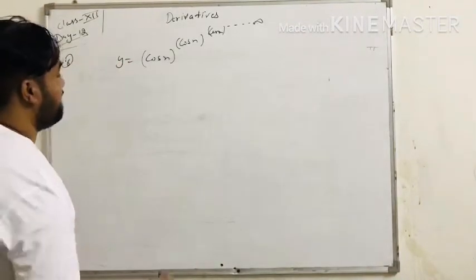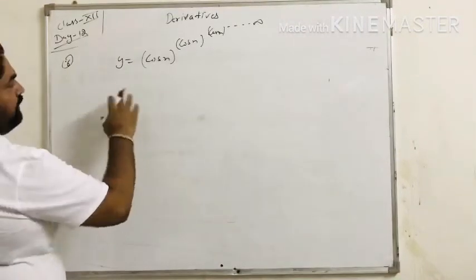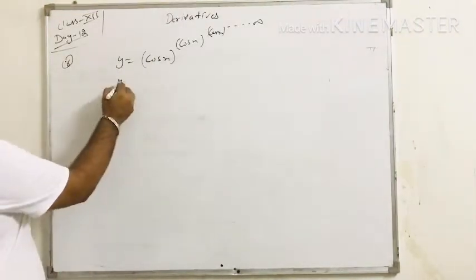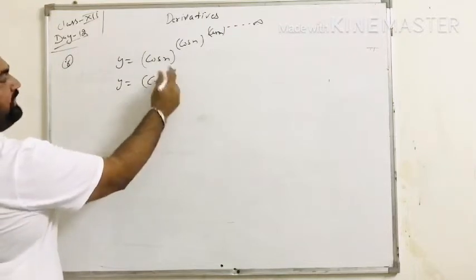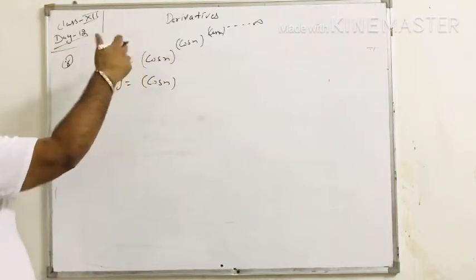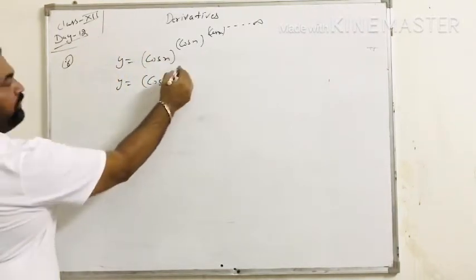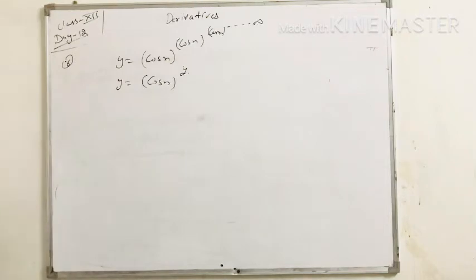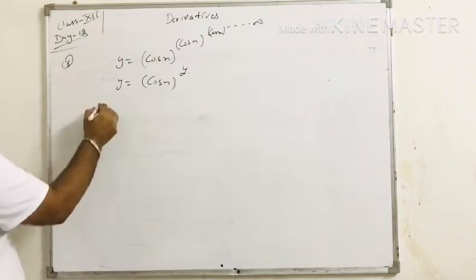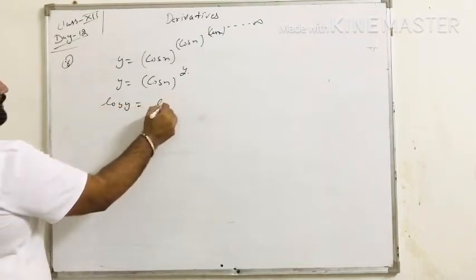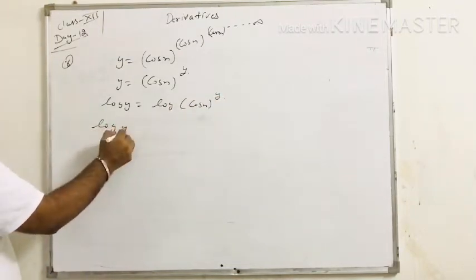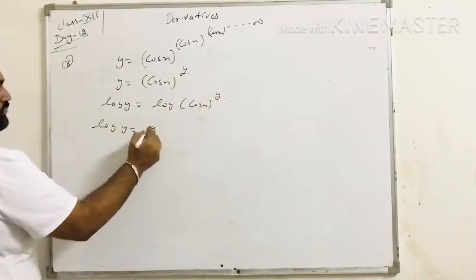So the next question is, again the question as the previous one, we have to find the value of derivative dy by dx. The question is y equals to cos x raised to power cos x raised to power cos x. When the terms in the exponents remain the same, then we suppose it equals y. So now take log on both sides, log y equals to log cos x into y, the power shifts to the front here,